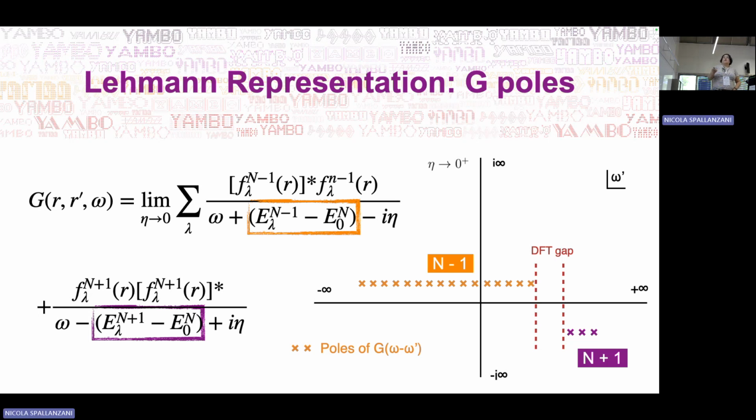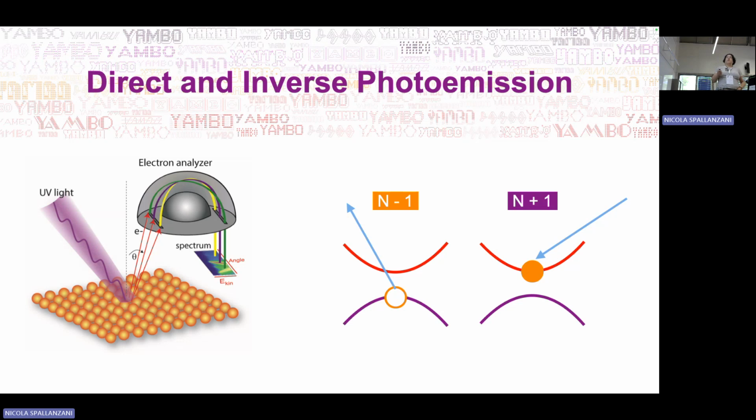element here. So we see that the poles of the Green function give us these energy differences that we were looking for. And this is useful because it's exactly what is measured in photoemission. So in photoemission, if we want to probe the valence or the conduction states of a system, we can use direct or inverse photoemission, where in the case of direct photoemission, we shine light in a system to extract an electron, and then we measure the energy of this electron, and it will give us information about the original state.